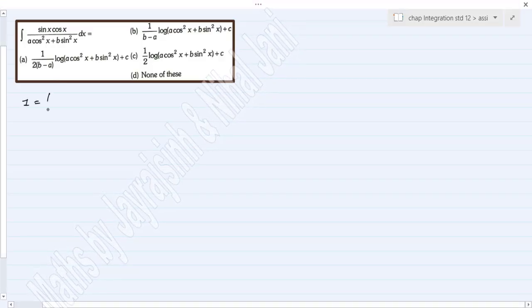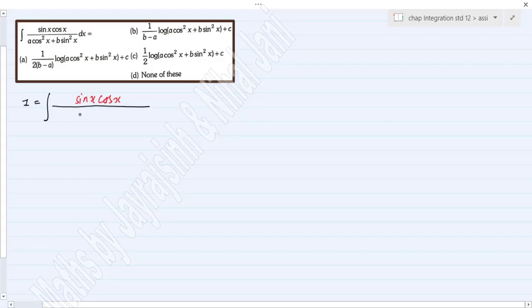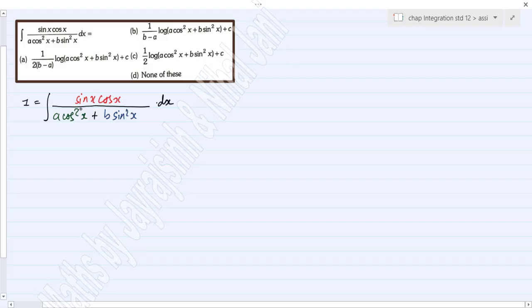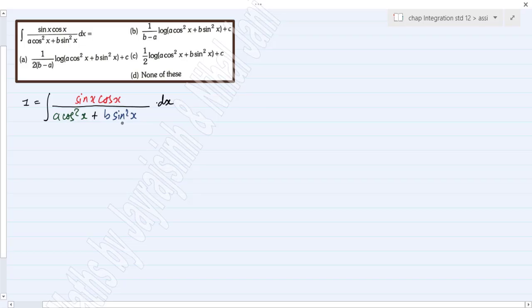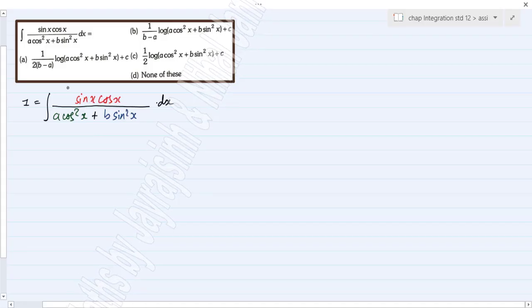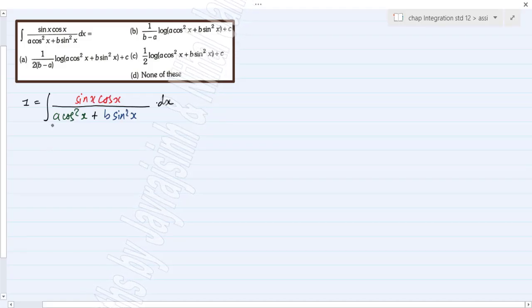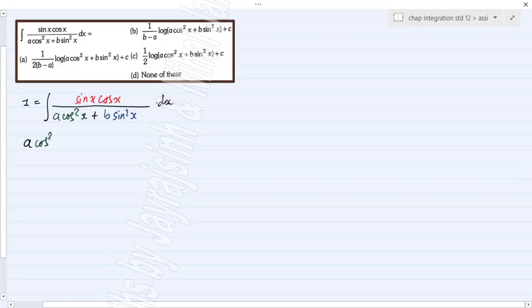Here, you have to integrate sin x cos x upon a cos square x plus b sin square x. Here, in denominator, we have a cos square x plus b sin square x plus c form, where c is 0. And in numerator, we have sin x cos x, which is actually differentiation of cos square x as well as sin square x. So, it suggests that we have to assume a cos square x plus b sin square x